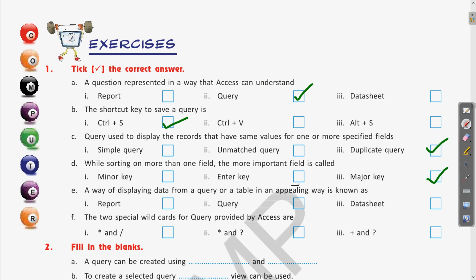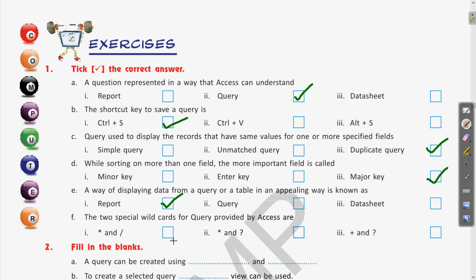Then question E: the way of displaying data from a query or a table in an appealing way is known as. For displaying data from the query or the table we generate reports. So report is the appealing representation, and the answer will be report.